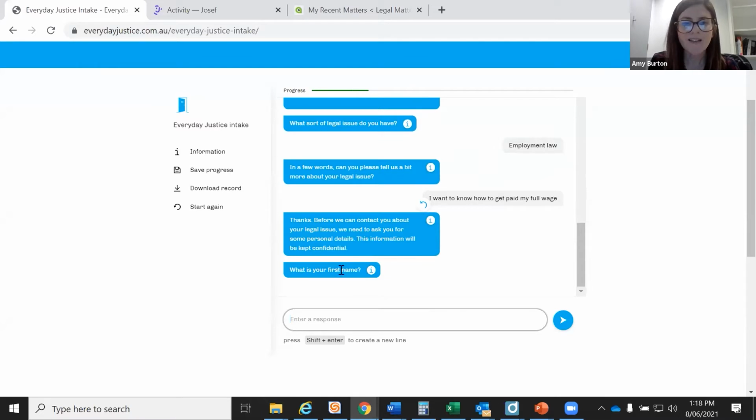Now, we then tell clients that we need their details. And we used to have this later on in the chat, but we found that some people, for whatever reason, wouldn't get all the way through the chat. And then they would find our email address and say, why didn't you ever call me? And that's because we never got to the point of asking them for their details. So we thought it would be better to get the information we need to be able to contact them at the start. So we'll go here,